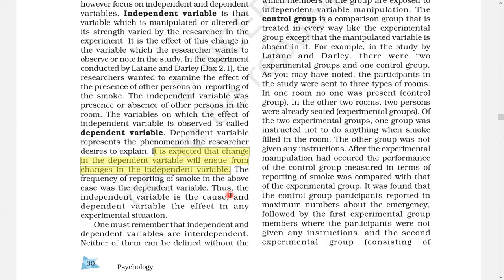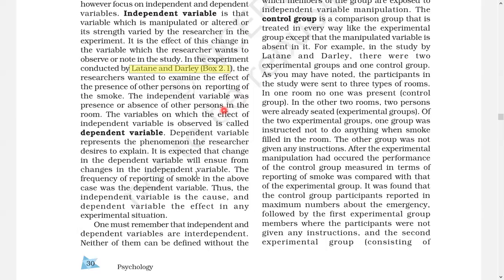In the last example, the smoke effect, the Latané and Darley smoke study, the two researchers tried to understand who will report and in which condition. What is the bystander effect? The study is the dependent variable.